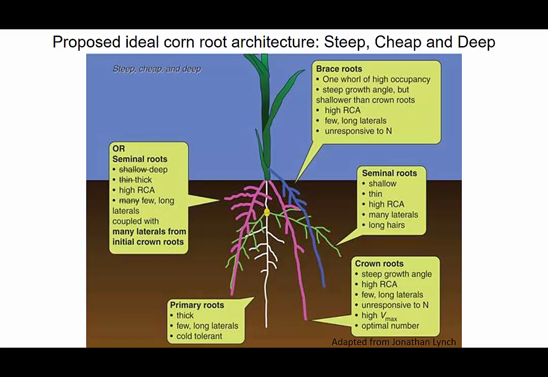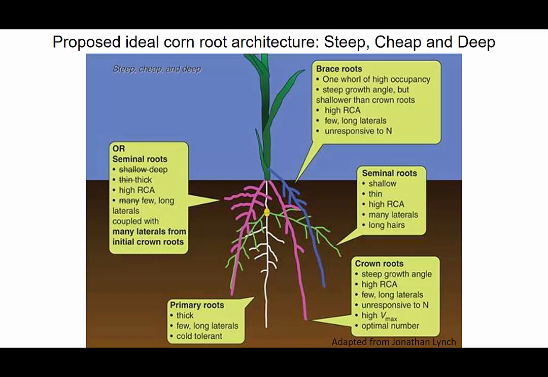Full confession, there's not a lot of proof that this is good, right? This is just purely intellectual proposition that this is probably going to be good for the plant. One of the things we'll come back to is the primary roots or the seminal roots should be cold tolerant. We'll talk about why that's important in a couple slides. And one of the caveats to this is that they want all these roots to be unresponsive to nitrogen or other soil resources. So they basically are proposing that you establish a root system and that is not responding to